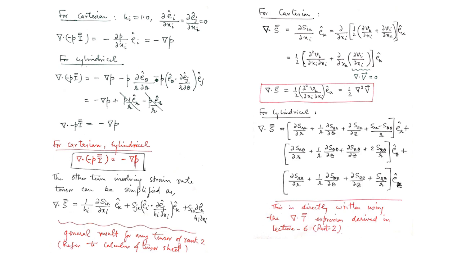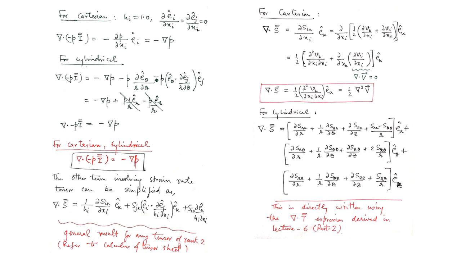Now why do I do this? Because I recognize that del Vi del Xi, i being a repeating index in this expression, if you were to open this out, looks like del V1 del X1 plus del V2 del X2 plus del V3 del X3. Now this should ring a bell immediately. This is nothing but the volumetric strain rate, so del dot V, written in green. So this term is 0 for the case that we are considering. We are considering an incompressible flow, so my continuity equation del dot V equals 0 should be used here.